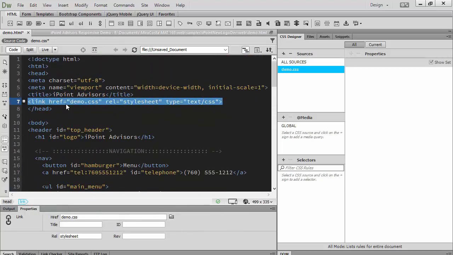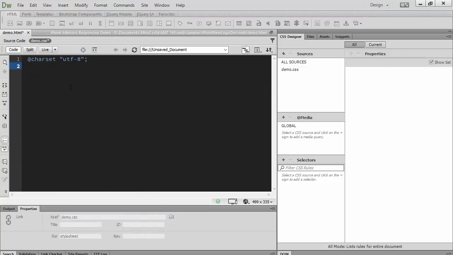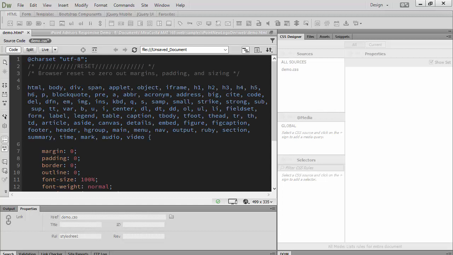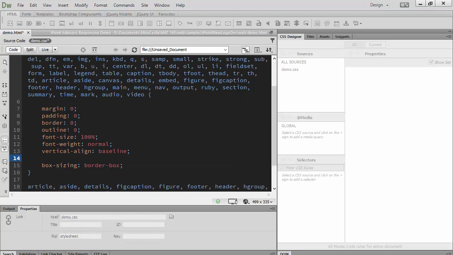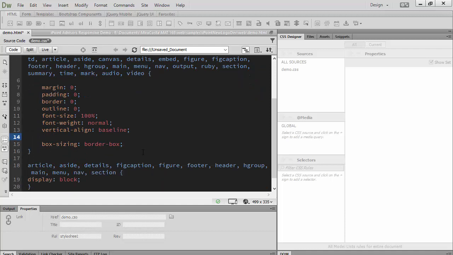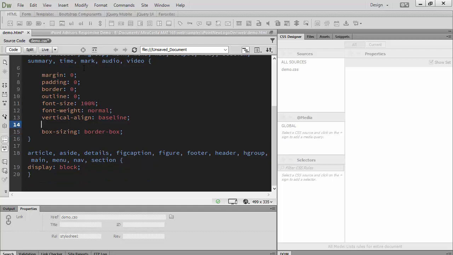So inside of that now, inside of my style sheet file, what I might do is copy over my own reset. So I've just pasted that in, my own browser reset to get rid of margins and padding and borders and outlines and all kinds of stuff that I might not want initially. So I'm going to kind of get rid of those things. I also want to make sure that